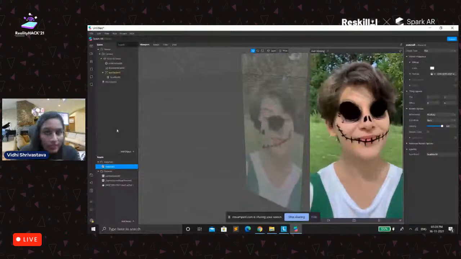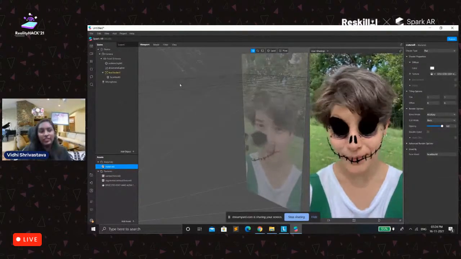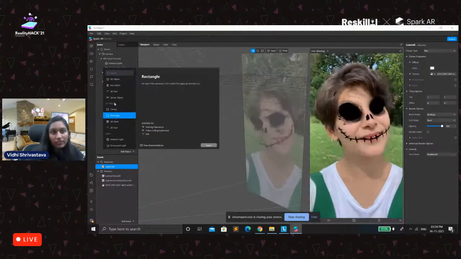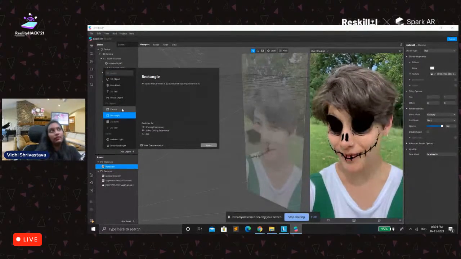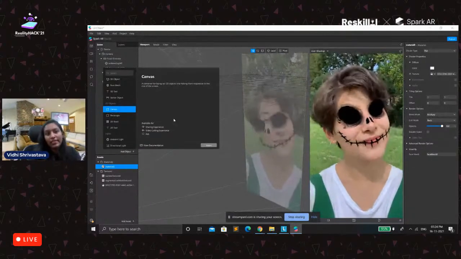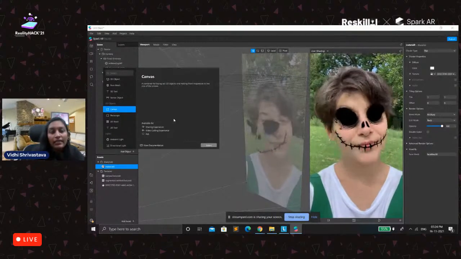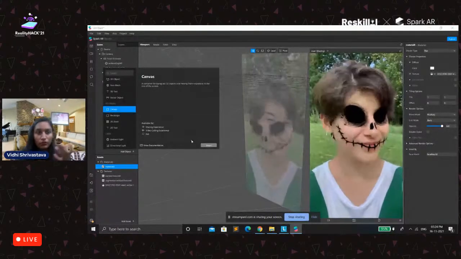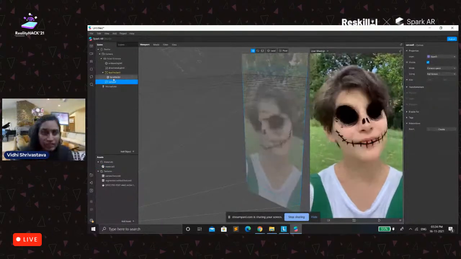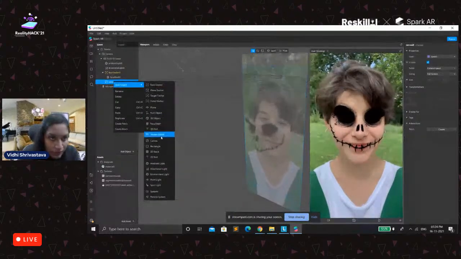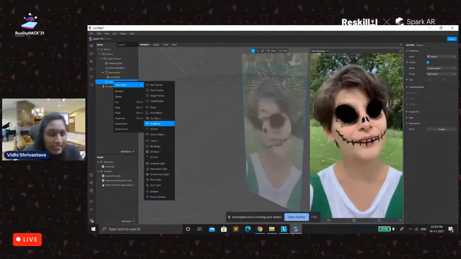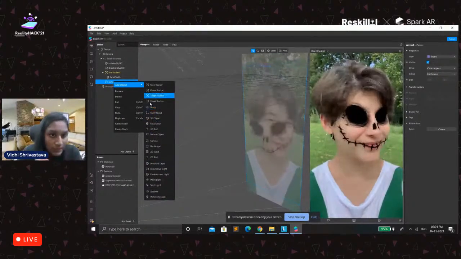And then if you want to add a segmentation, you could go to add object and click on rectangle. Before clicking on rectangle, you should take care that the rectangle is basically a child of canvas. What canvas is, it is a container that lies outside, and it is used to have the rectangles, or you can add some of the other effects inside it. For example, let me add 2D text, or we could add a particle system around it. So let's add a rectangle.